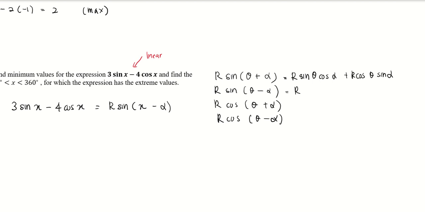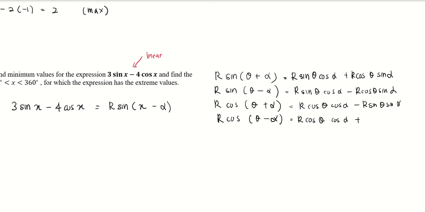This is r sin theta cos alpha minus r cos theta sin alpha. This is r cos theta cos alpha minus r sin theta sin alpha. And this one is r cos theta cos alpha plus r sin theta sin alpha. So to choose the suitable